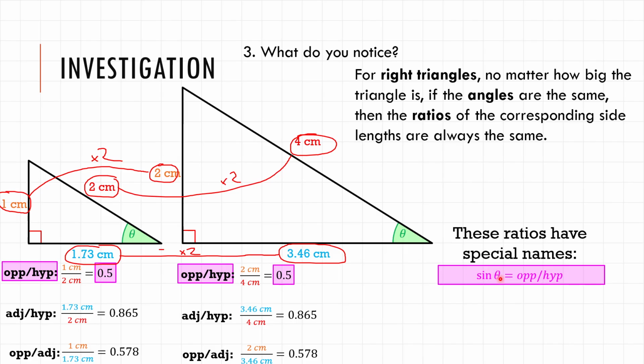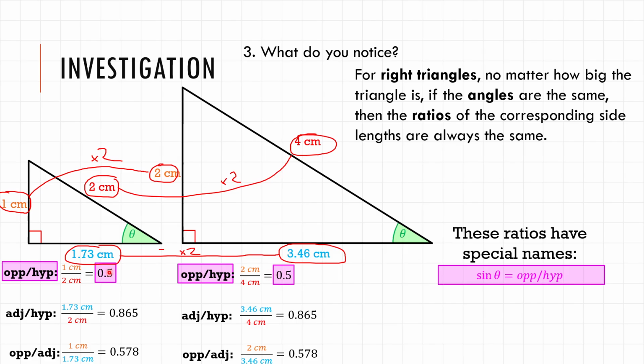Sine of an angle, and this is a Greek letter here. I know you saw it pop up over here in the triangle as well. This is a Greek letter. It's called theta. And the sine ratio of any angle is equal to the opposite side divided by the hypotenuse. And even if that triangle is a lot smaller, as long as that angle is the same, the ratio will